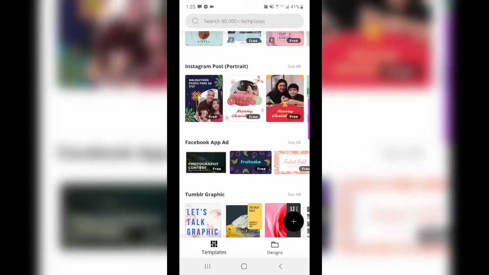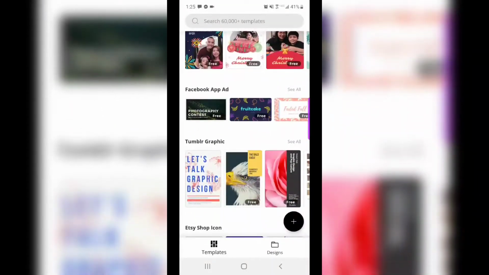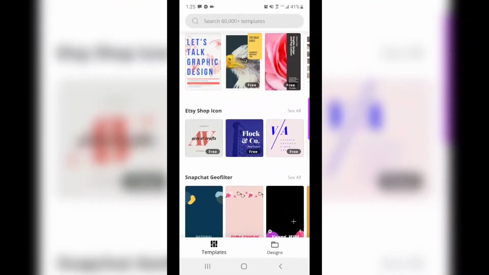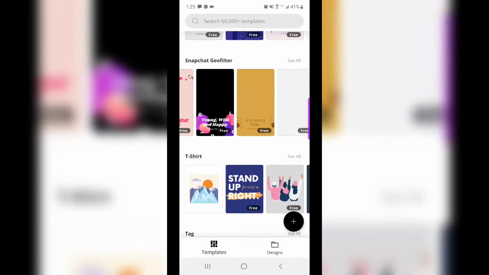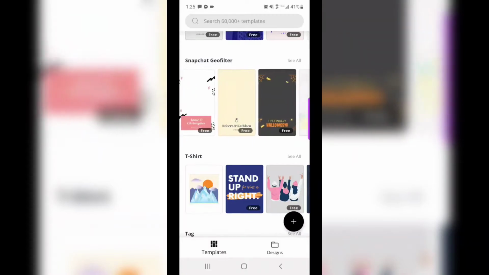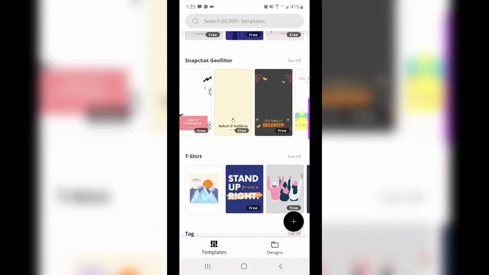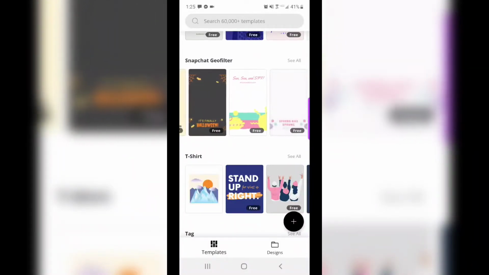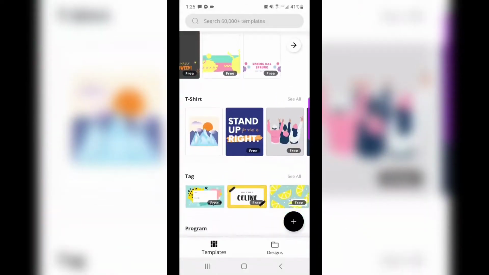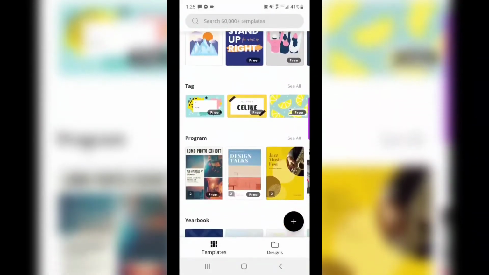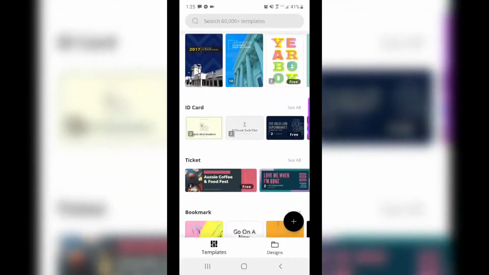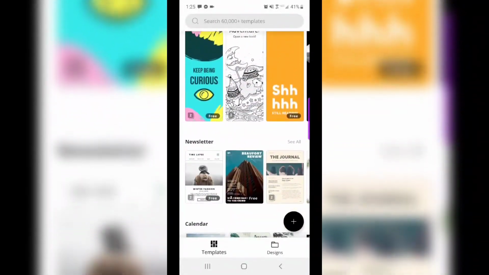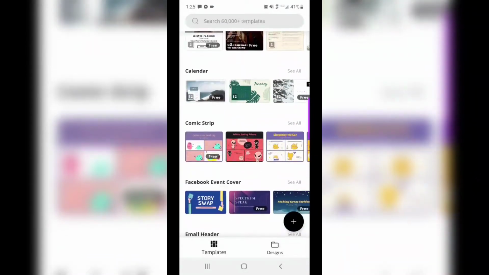Well, that must be new. I've never seen that. Facebook app ad, Tumblr graphics, Etsy shops, Snapchat filters, y'all. Isn't that cool? You can add your own little stuff and design it in Canva for Snapchat. That is awesome. T-shirts, tags, programs, yearbooks, ID cards, tickets, bookmarks, which is super cute, newsletter, calendars,